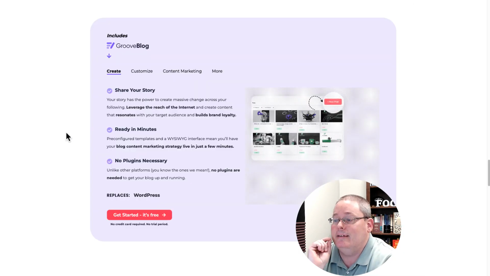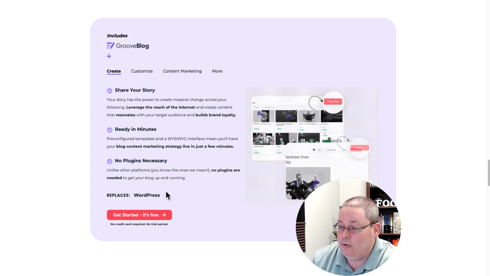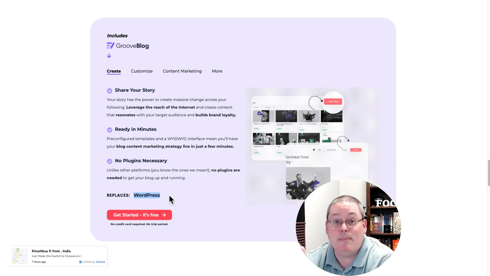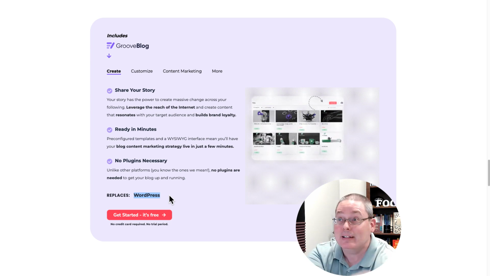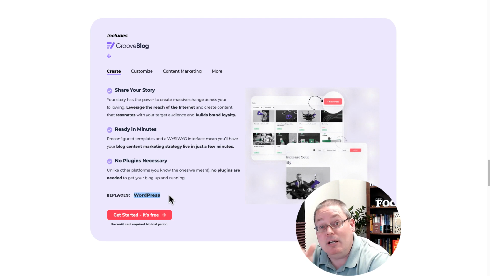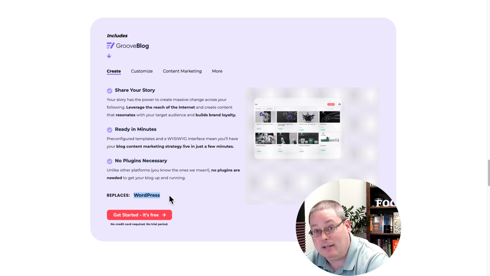But the thing that I don't like right now is that Groove says that Grooveblog replaces WordPress. That, in my opinion, is unequivocally not true. Does it replace the basic installation of WordPress? Yes.